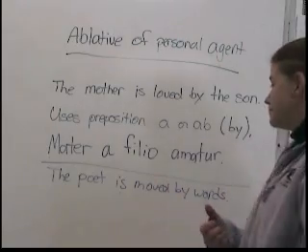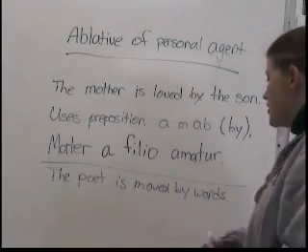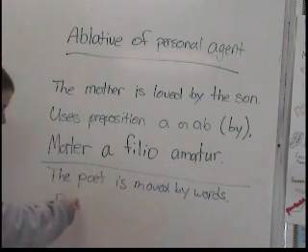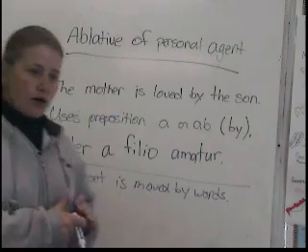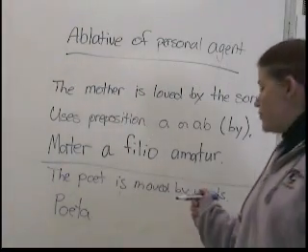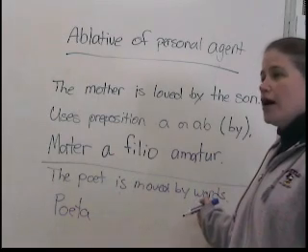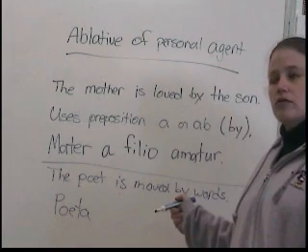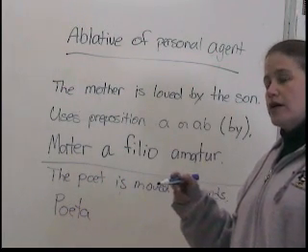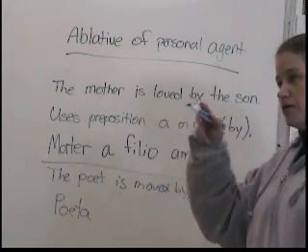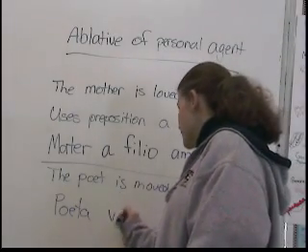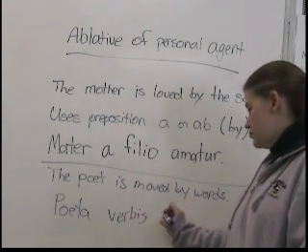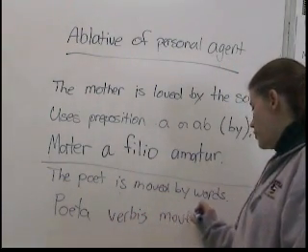Okay. So in this instance, we'll have the poet. What's the word for poet? Poeta is moved by words. Now, we already determined we were going to use ablative of means here. So an ablative of means does not use a preposition. And so we just need words in the ablative case. What's the word? Verbum. And now we need it plural. Verbis. And now we need is moved.